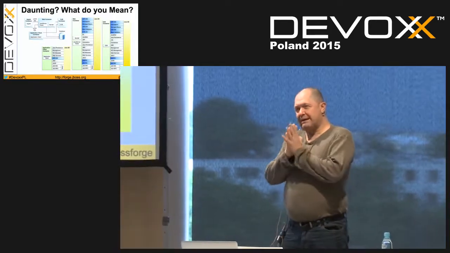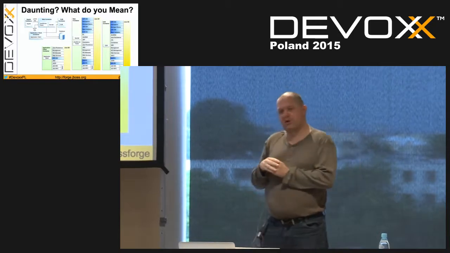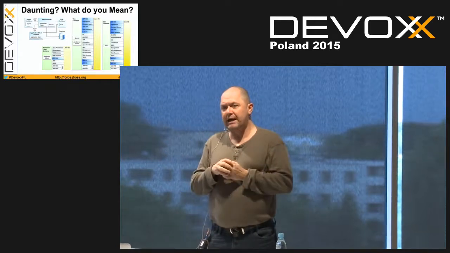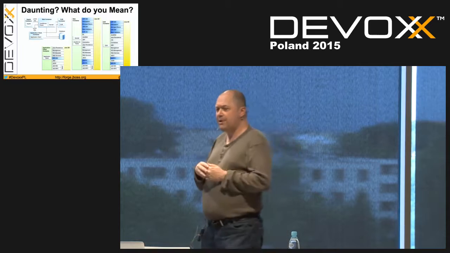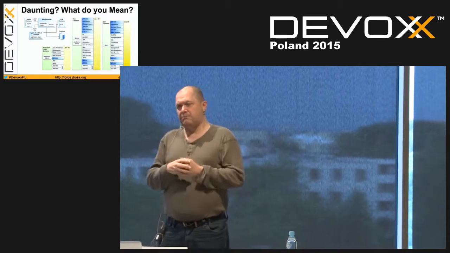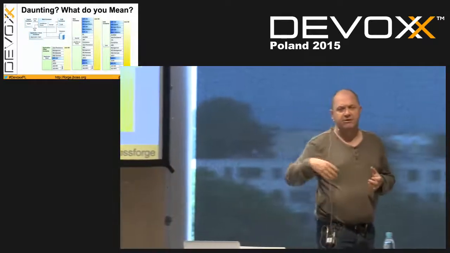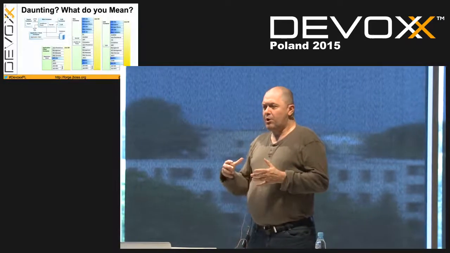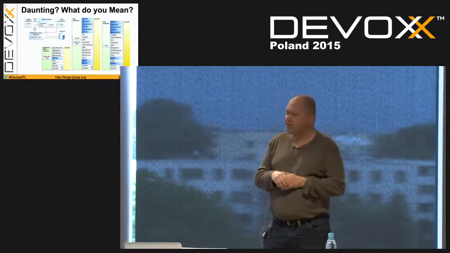SeamGen was a tool that tried to make it simpler for application developers to get started with JSF and JPA, Java Persistence Architecture, hence the name Seam. But it was a technology that was not something CDI-like, let's say, because the CDI standard is an evolvement of the Seam project. And so when Java EE came around with CDI and the new versions of the JSF and the JPA standards,